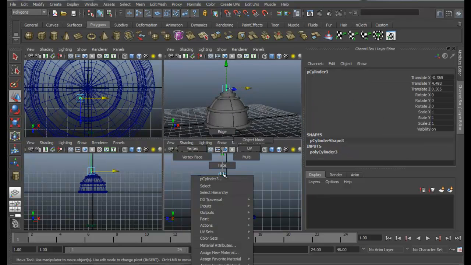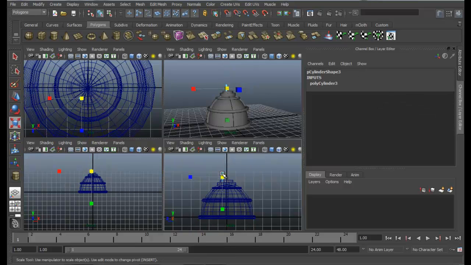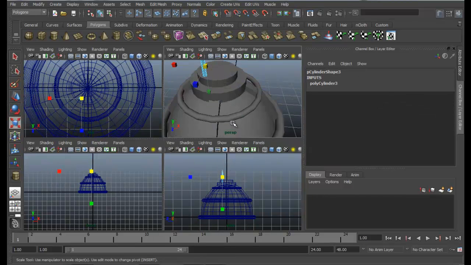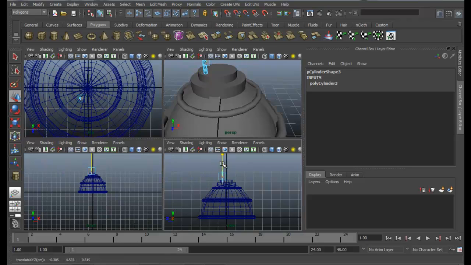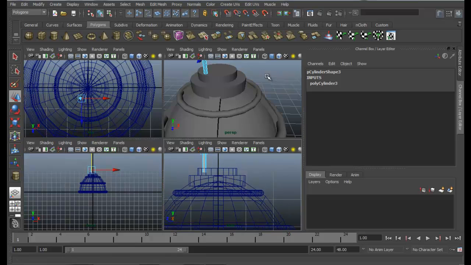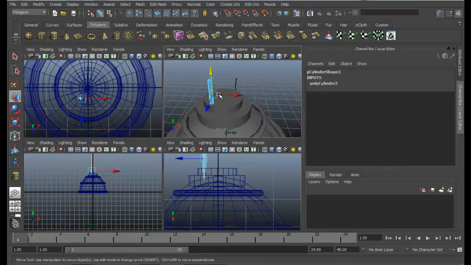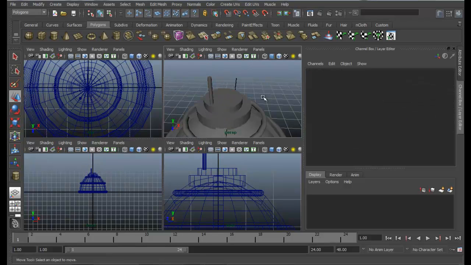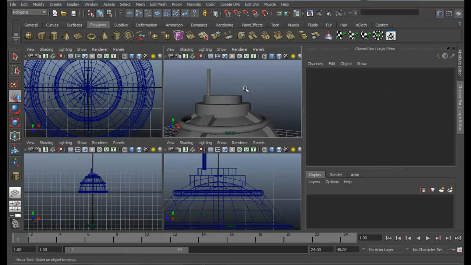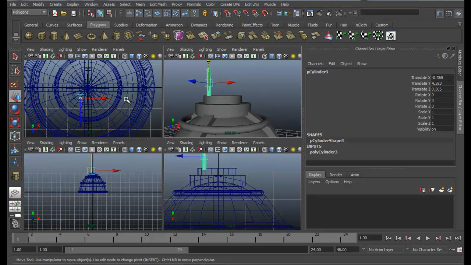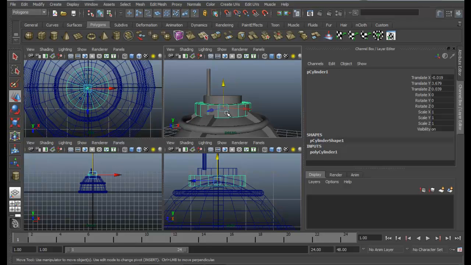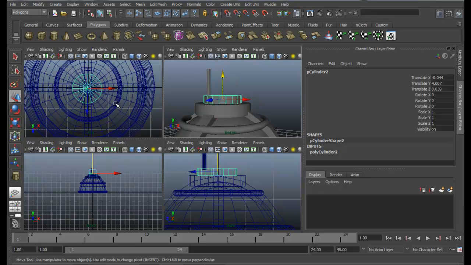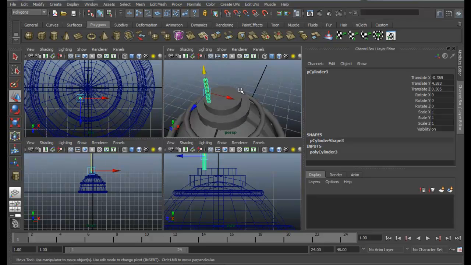If you want to increase the size of it, you can just scale it, or even boost some of the vertex. Okay, that's good. Sorry, object mode, and then just pull it up. Okay, now we're going to duplicate this and just make it go around this cylinder.